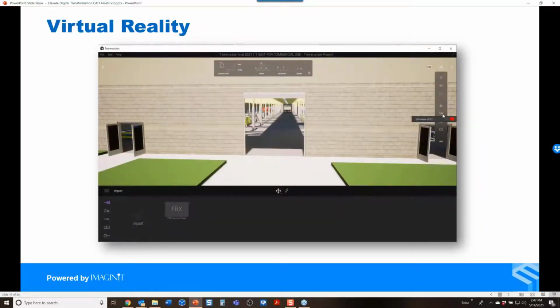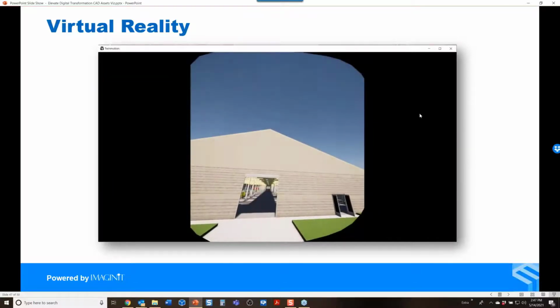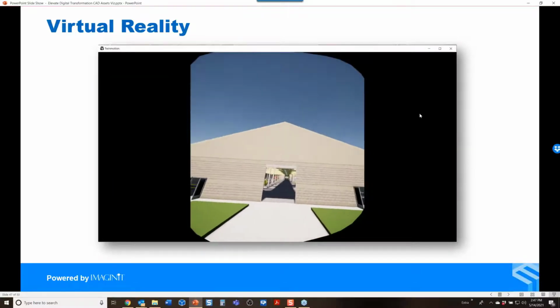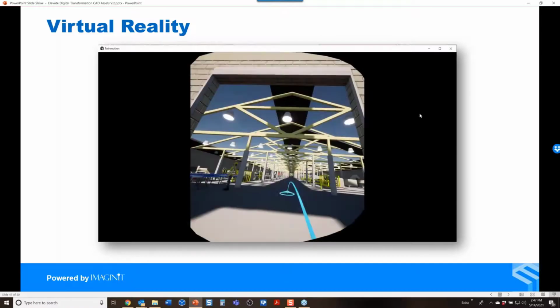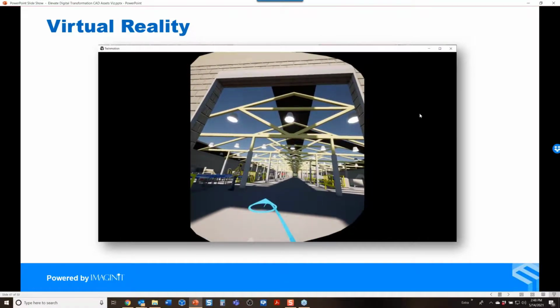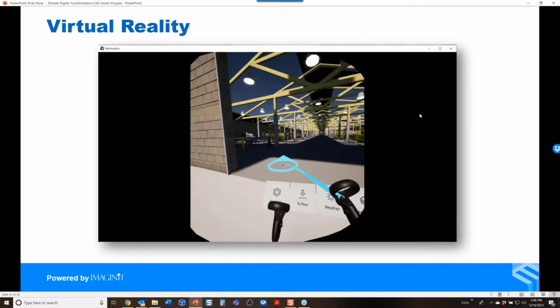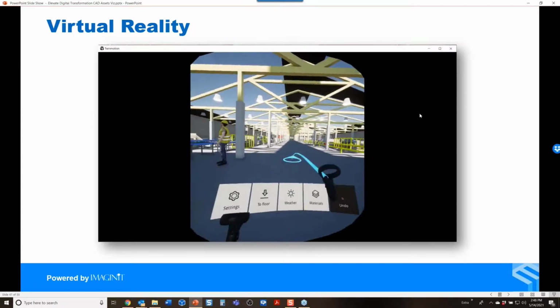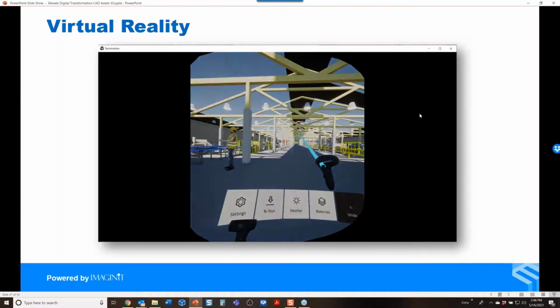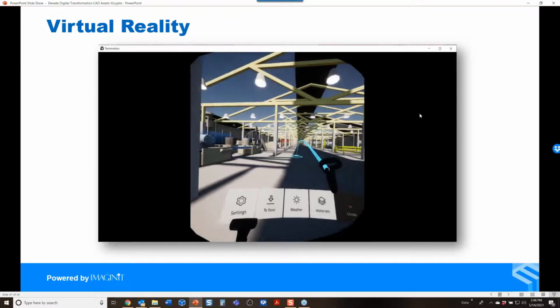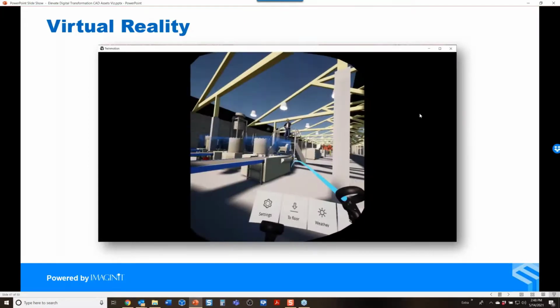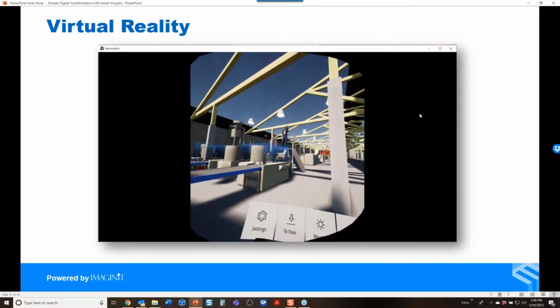Now, one of the things that I have been promised for years from Autodesk is some very quick way to hop into virtual reality as far as my factory goes. Well, I have it. I didn't get it from Autodesk, but I have it. Twinmotion, it's just a simple turn on to VR, put the headsets on, and you're in here. If you can hook up your headset to your computer, you're going to be able to stand inside of this